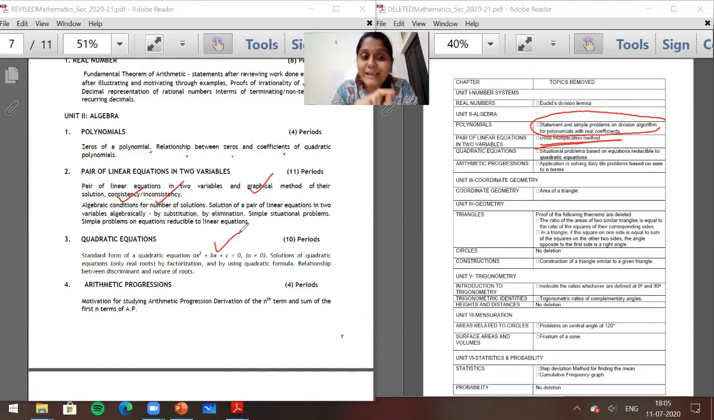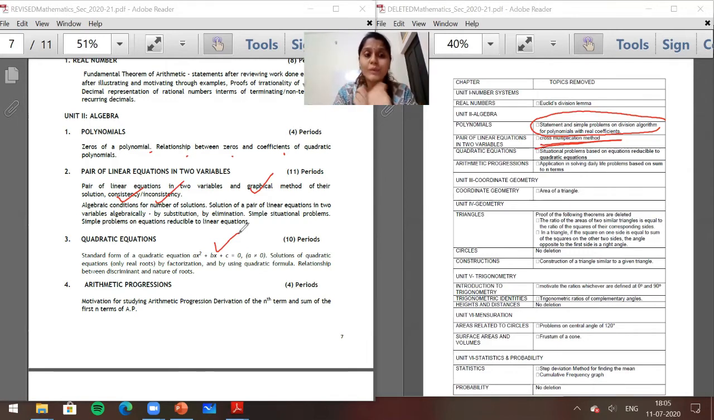The second type of solving a quadratic equation was the completing the square method, and I know many of the students were getting confused in this part, right? So yes, good news, because this entire topic has been removed. The completing the square method has been removed from your syllabus, right? Now again, as far as your situational problems are concerned,